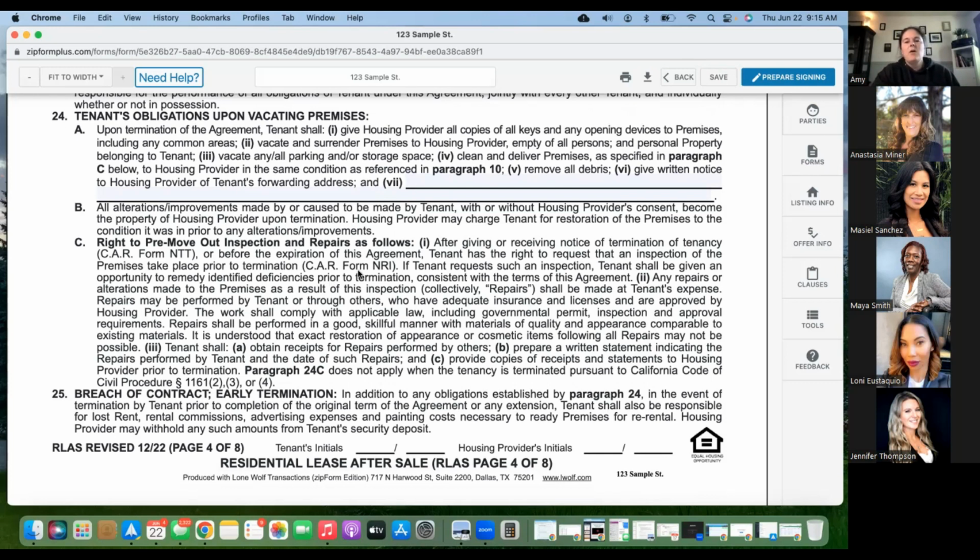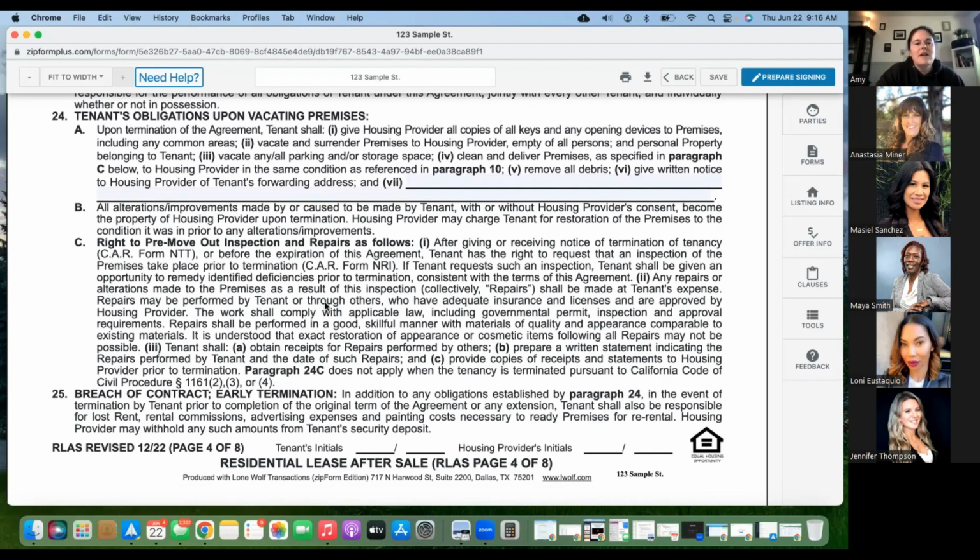After giving or receiving notice of termination of tenancy, CAR form NTT, or before the expiration of this agreement, tenant has the right to request an inspection of the premise to take place prior to the termination, CAR form NRI. If tenant requests such inspection, tenant shall be given an opportunity to remedy the identified deficiencies prior to termination. Any repairs or alterations made to the premise as a result of this inspection, collectively repairs, shall be made at